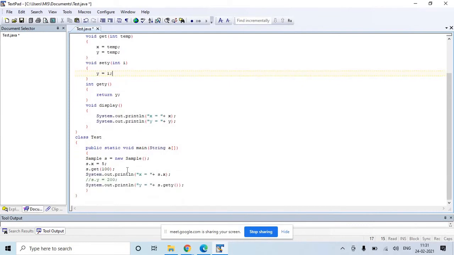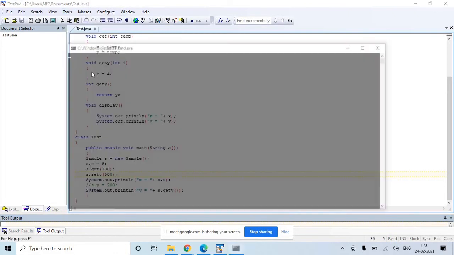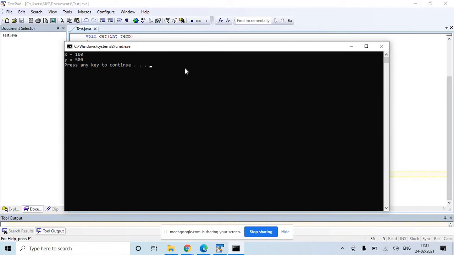And here if you want you can call s dot set y 500. This is how you can write and call the set y function. Now if you save the code, compile the code, and run the code, you will get y is equal to 500.